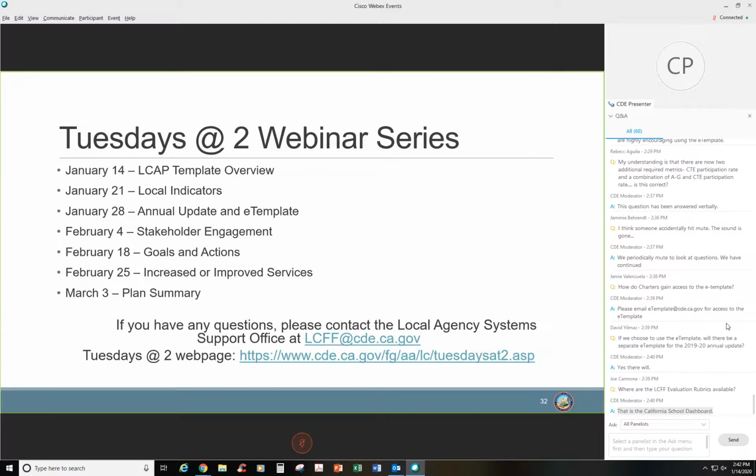That would be combined into one document if you're not using the e-template, and posted prominently on the LEA's homepage. If one is using CDE's e-template, the web page would be generated in that required order.